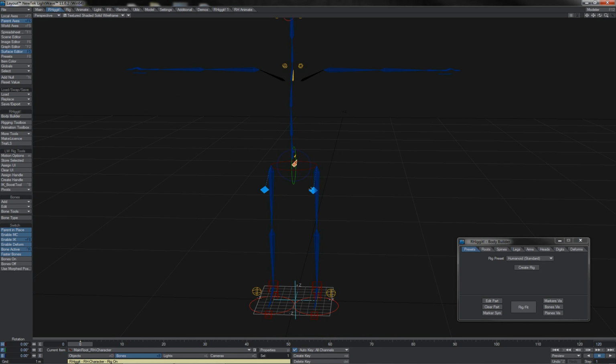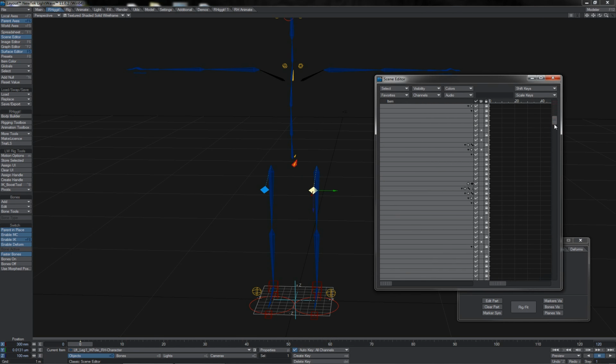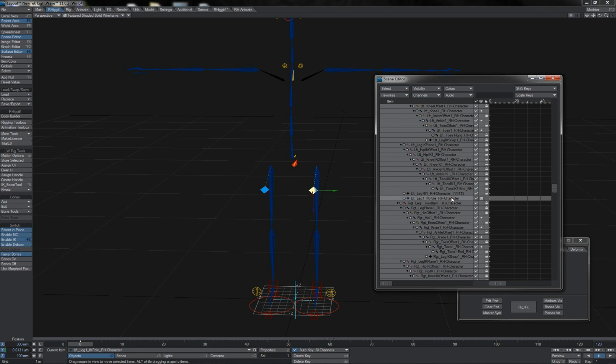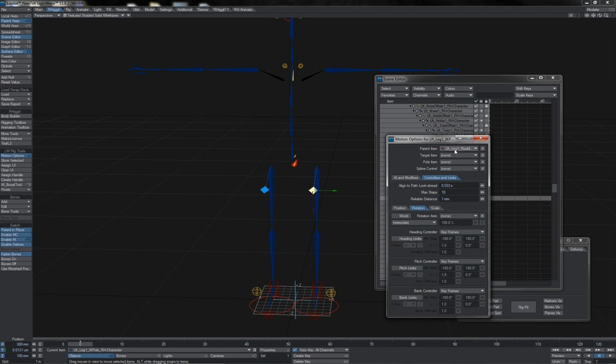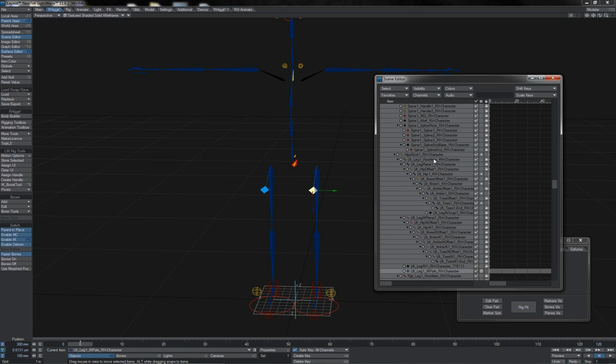As an example, notice the pole item that we have for legs. If we look here in the scene editor and we find that leg pole item, we can see its parent is the left leg root item,